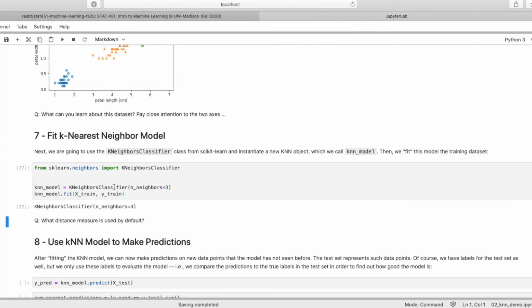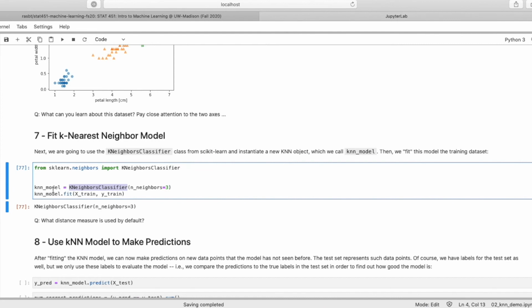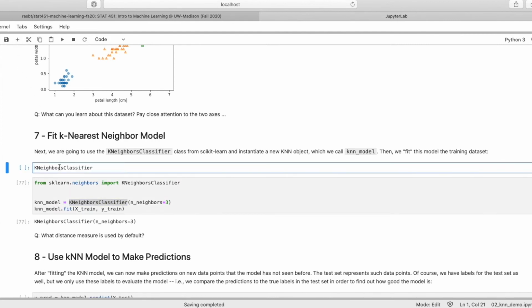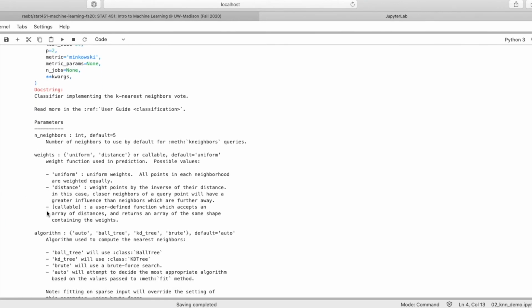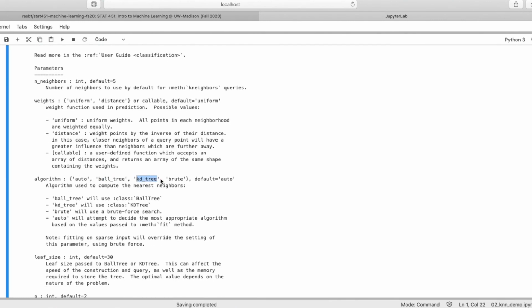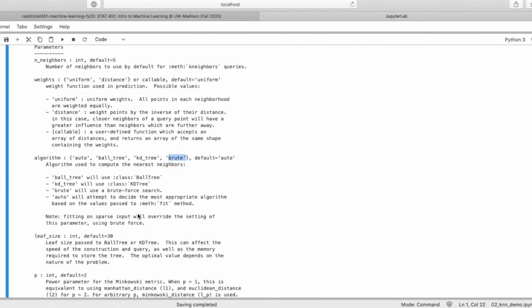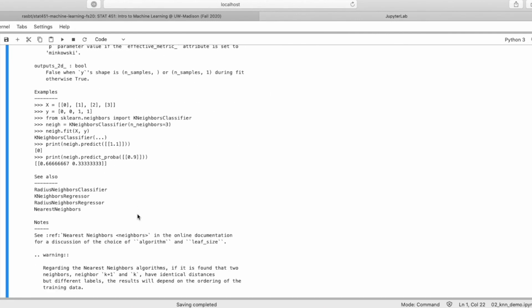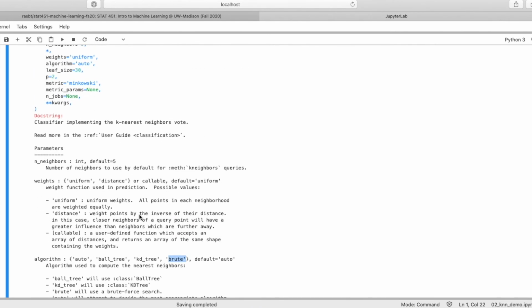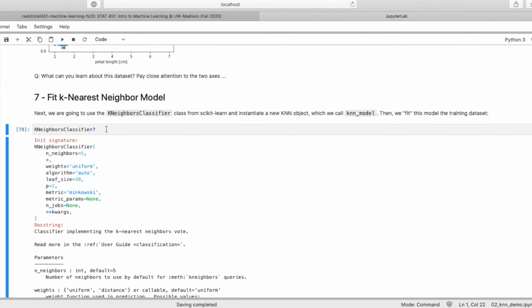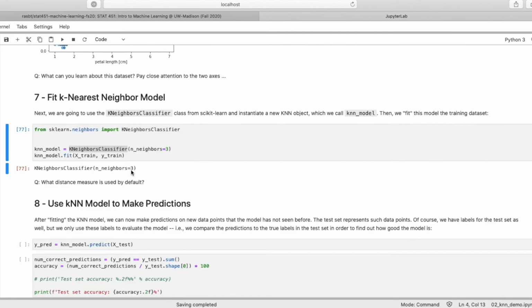By the way, if you want to know all the options, you can do it like this. In Jupyter Notebooks, you can use this question mark and it will show you all the different options. So it will explain all the options to you. So here's also the ball tree, KD tree, brute force approach that I talked about in the lecture. Yeah, lots of stuff going on here. There are also examples. I personally usually use the scikit-learn website, because it's nicer to read. But if you are in a hurry, or if you just want to briefly look up a name, I usually use this approach here using the question mark.